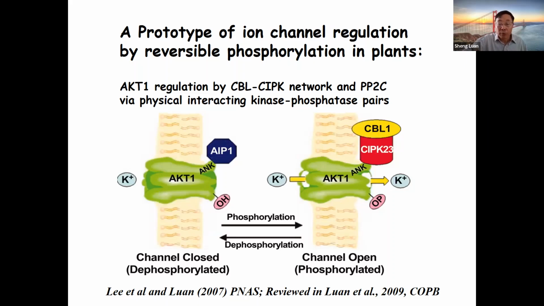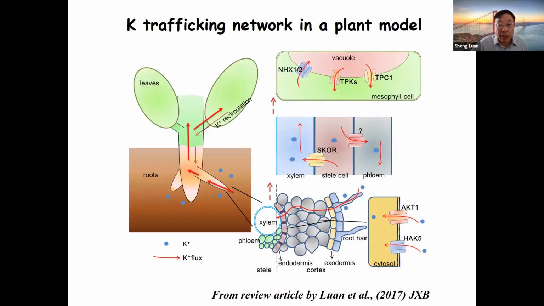Now, if we put this pathway into a bigger picture of how potassium homeostasis works in the plant, I gave you this picture. We started with the root hair; this is a root hair cell, let's say. There are two important potassium transporters in charge of potassium uptake: AKT1, which I just mentioned, and HAK5, which is believed to be a proton potassium symporter.